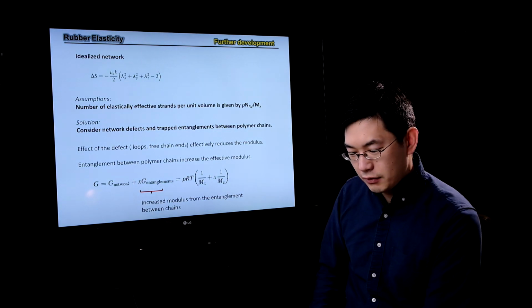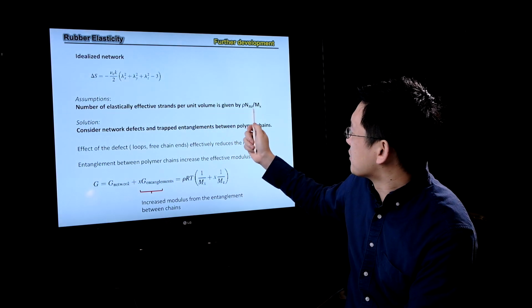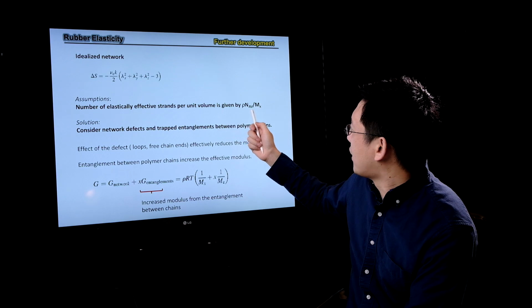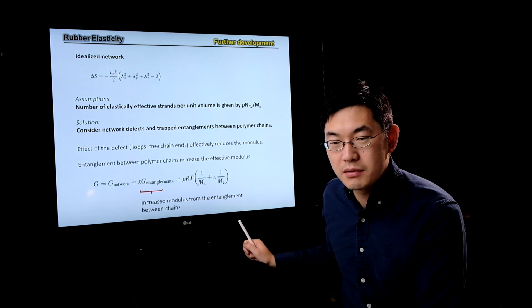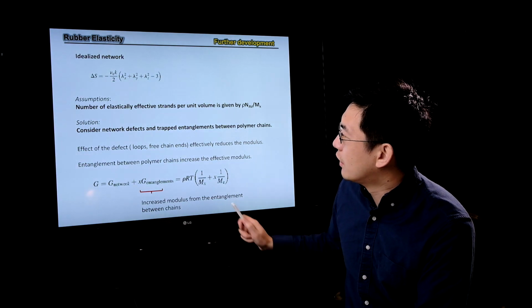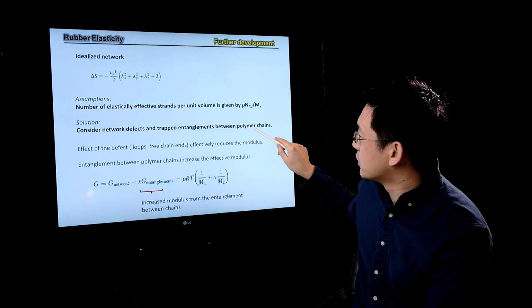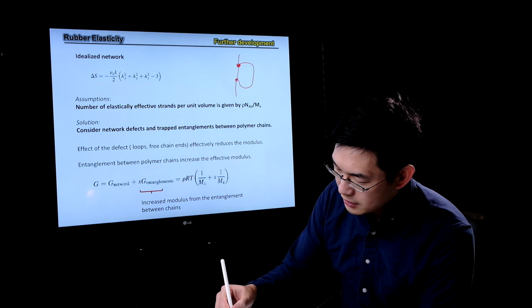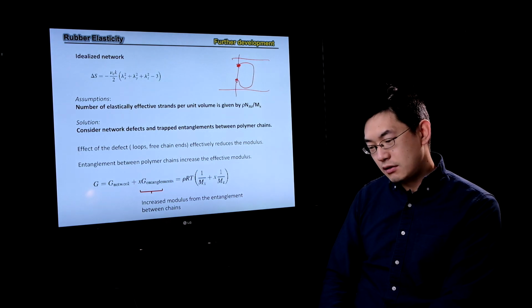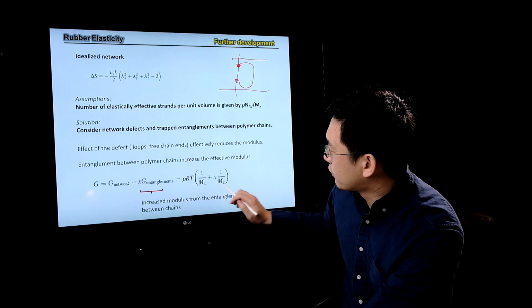There's one more modification we need to do: the effective strain per unit network is given by this rho multiplied by Avogadro constant divided by Mx. Mx is the molecular weight between the crosslink points. So there is also a need to consider there's defect in the crosslink, and there's trapped entanglement between the polymer chain. What this means is if you have crosslink points, they only pass two ends and they are not crosslinked again into the network. So it's like dangling loops, and this needs to be considered as a way to modify it by using